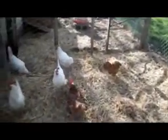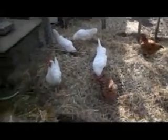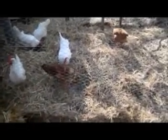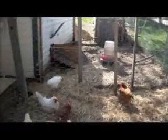And I'll fill my chicken pen and the coop up with straw. They love it. They go through it and find what few seeds there are in it. There's not many seeds in this straw, but they find stuff, bugs or whatever. I didn't put any back there because I'm going to dig all that out,